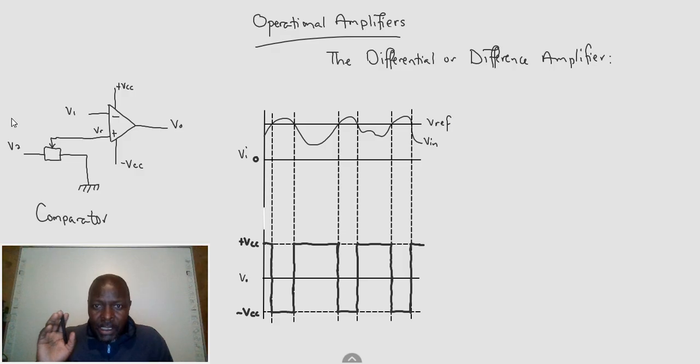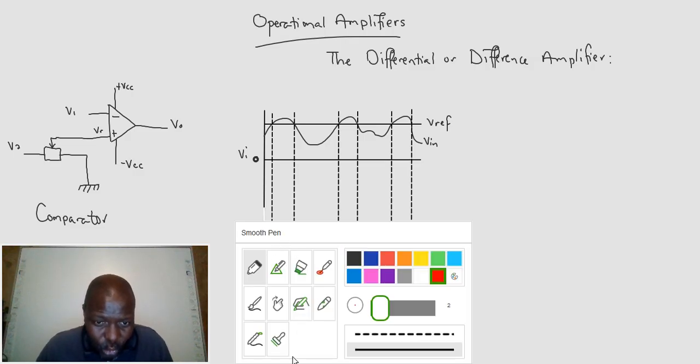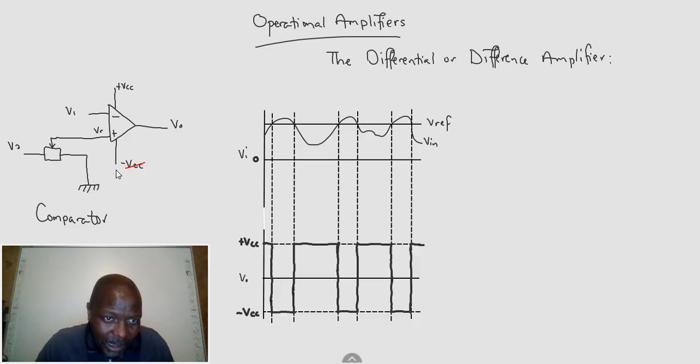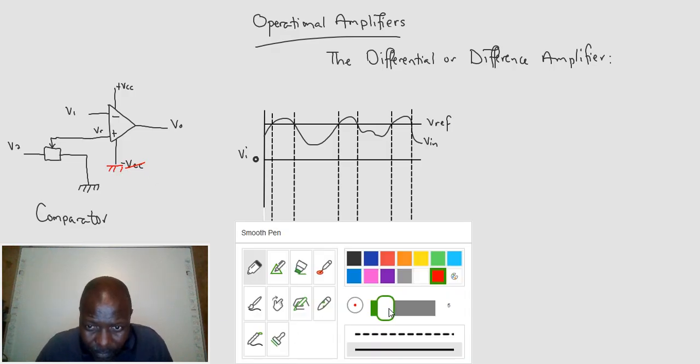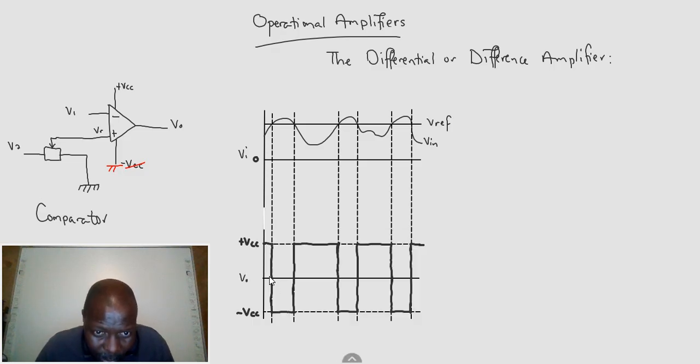Now, let's suppose I do this with the red pen. Let me remove this. I want to show people what would happen if this minus VCC was grounded. If this was ground, then where your graph was supposed to come to ground, it was not going to go without. If your minus VCC was grounded, it was only going to be able to give you this